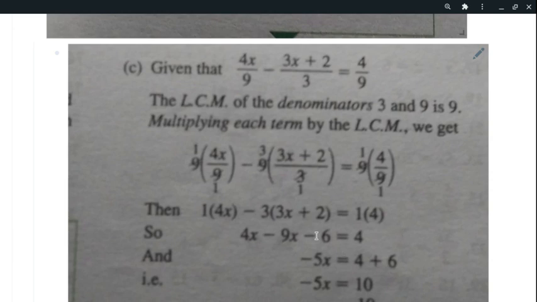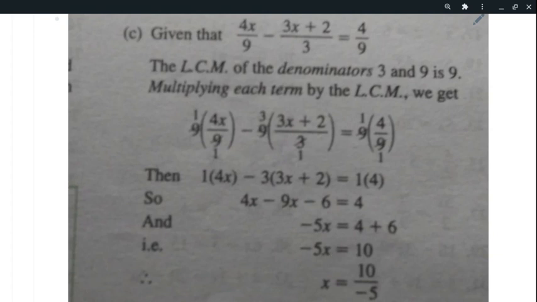Now, given this question, I was speaking to someone yesterday about what you do after this step. What do you need to do to make only x on the left-hand side? You need to get rid of the negative 6. So what do you do to the negative 6? You put it to the other side. Right. So that means you add 6 to both sides, correct? So you do the opposite operation that it was doing, which is subtracting. So you add it to both sides. Then you get negative 5x is equal to 4 plus 6, which is 10, correct?